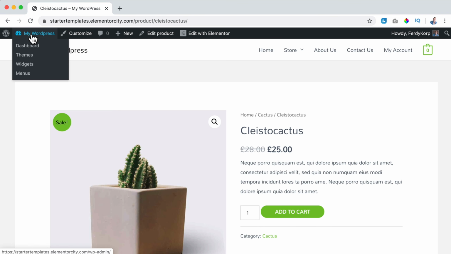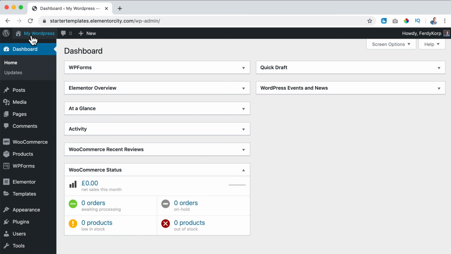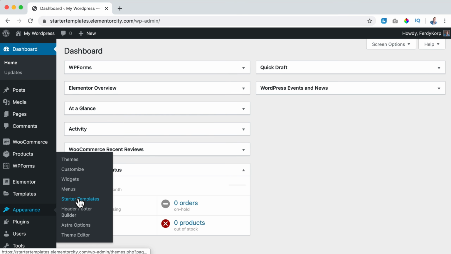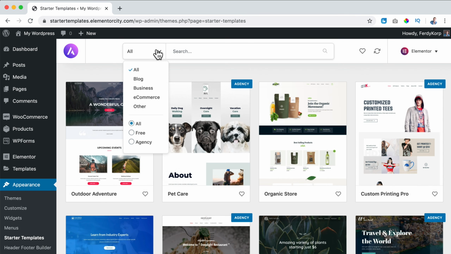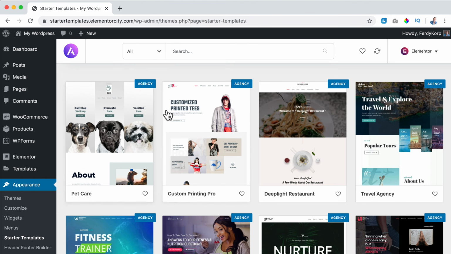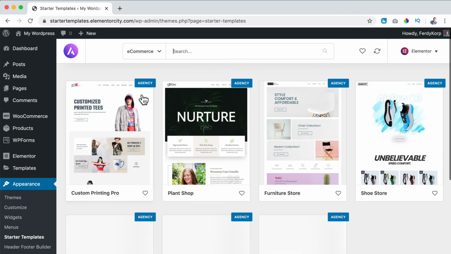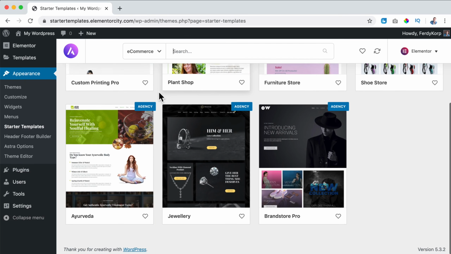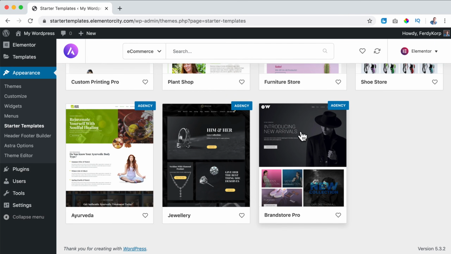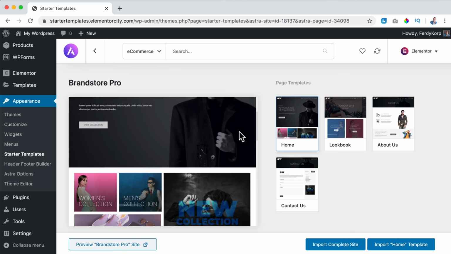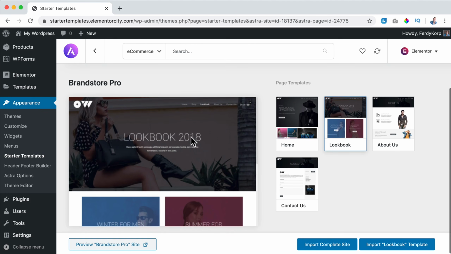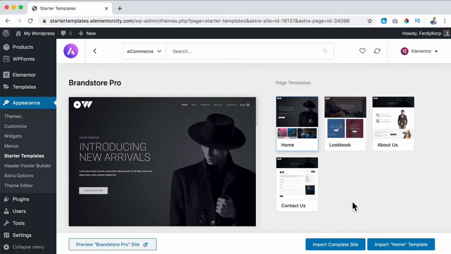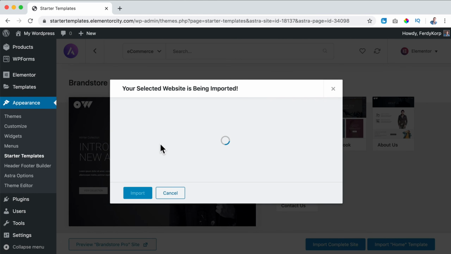I installed it. Meanwhile, I click over here. I go to Appearance, Starter Templates. I select Agency, and let's go for e-commerce. This looks beautiful. So I click over here. Okay. Looks great. I click on Import Complete Site.